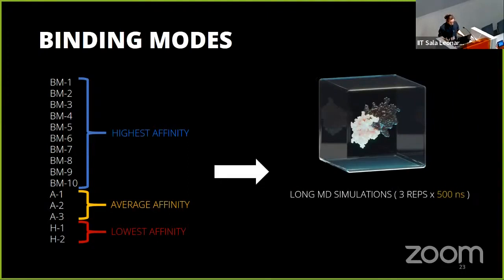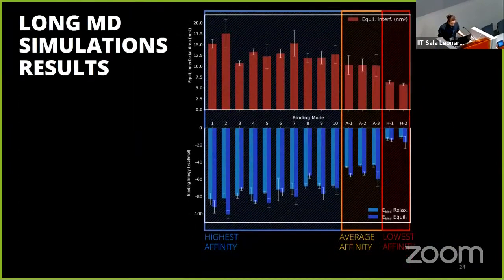And we once more calculated binding free energies using PyBindy. What we saw was that there was, once again, a correlation between the interfacial area and the binding energies. And we also saw that the binding energies tended to stay almost the same, with a slight tendency even to further decrease.